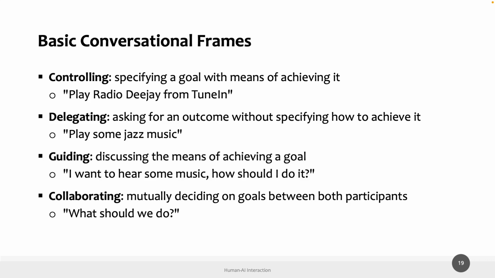Close to this example, we can delegate something to ask for an outcome without specifying how to achieve it, like play radio DJ or play some jazz music. And these first two kinds of conversational flows are basically those that are adopted by contemporary conversational agents. So typically with devices like Alexa, we can control and delegate. In theory, we could also implement some